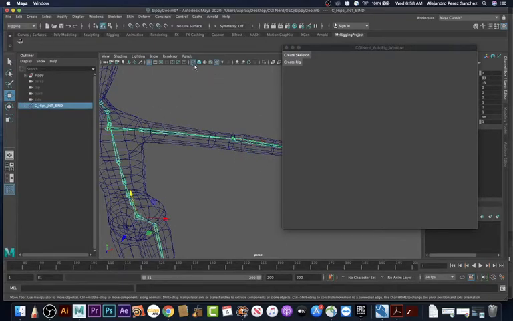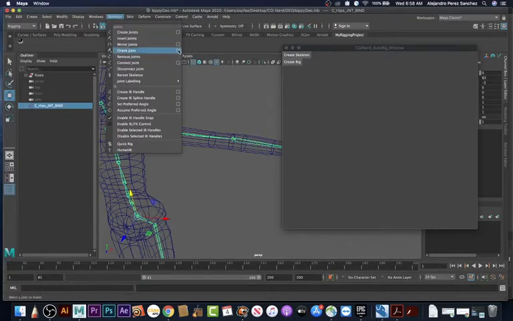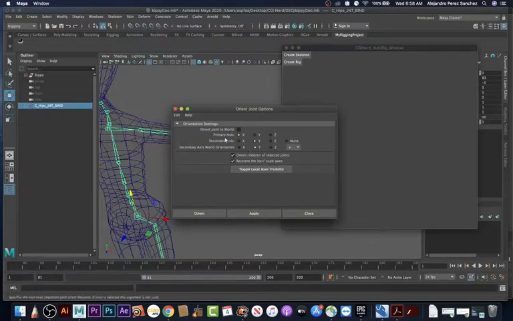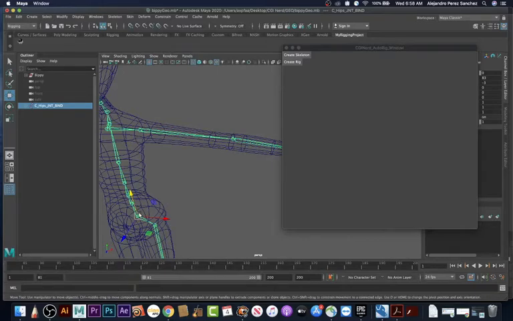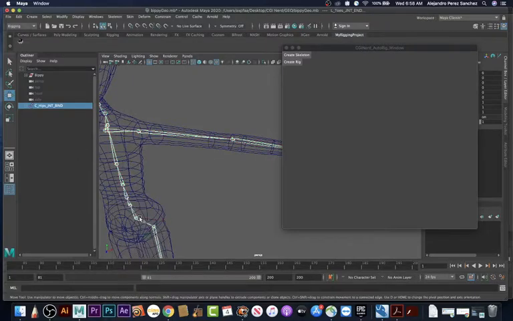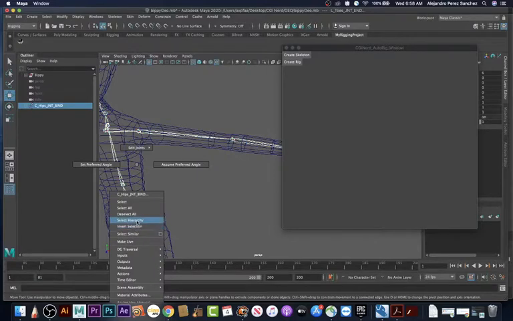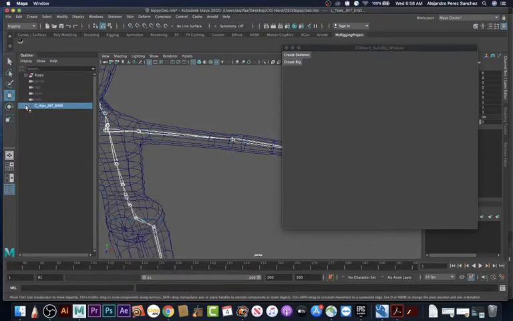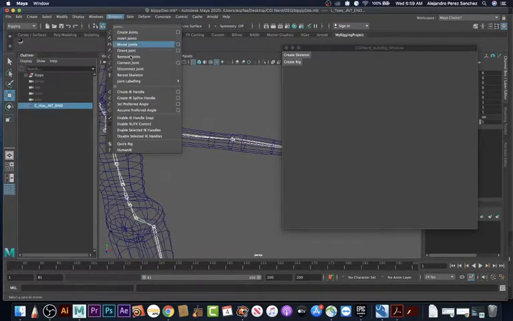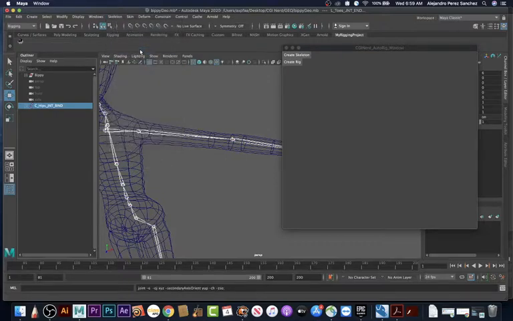we have to do the whole hierarchy. So let's go in skeleton, joint orientation. It is not giving us the option here, so what we can do, if we select this, right click, we can select hierarchy. That selects everything in the hierarchy, all the joints. Now let's go into Orient Joint,